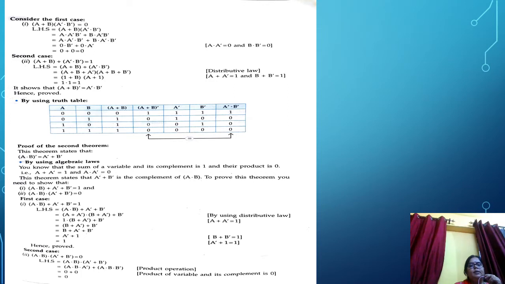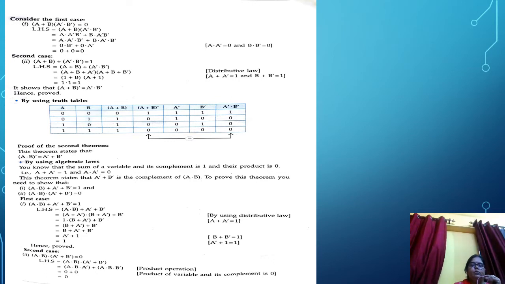Now see, consider the first case. In the first case, students, please pay attention here, because this is how you are going to solve it on the board. These are the tools, this is how the algebraic method is solved. Okay, so pay attention to how we are going to solve each and every case. From the left hand side, we generally solve A+B and A'.B'. Then, see, this is the algebraic method. I know that you all must have gone through this in your mathematics.